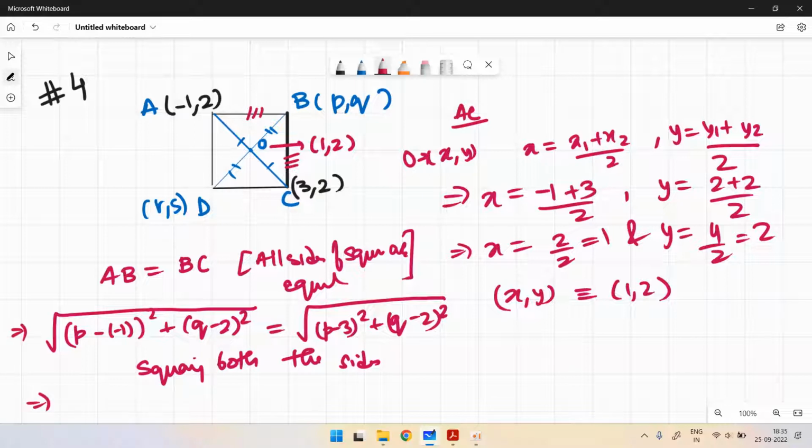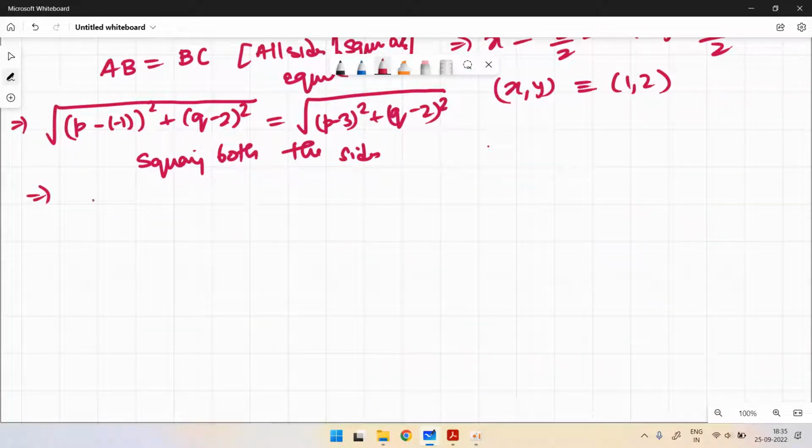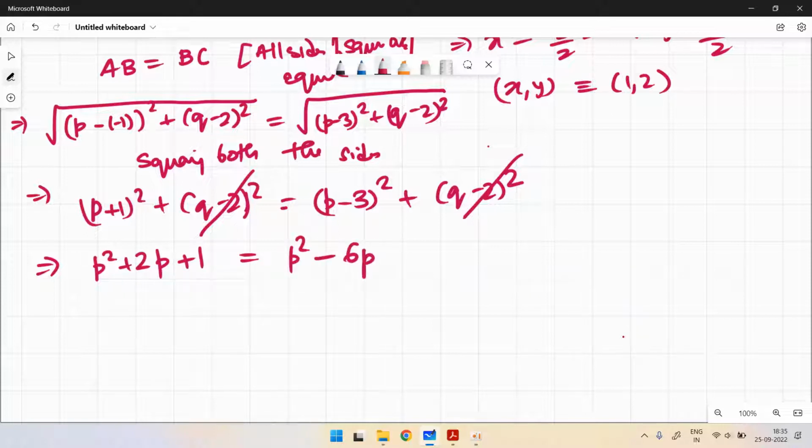so which implies that this is (P plus 1) square plus (Q minus 2) square equals (P minus 3) square plus (Q minus 2) square. Now this and this get cancelled, which implies that this is P square plus 2P plus 1 equals P square minus 6P plus 9. P square and this P square get cancelled, which implies that if I take P on this side,